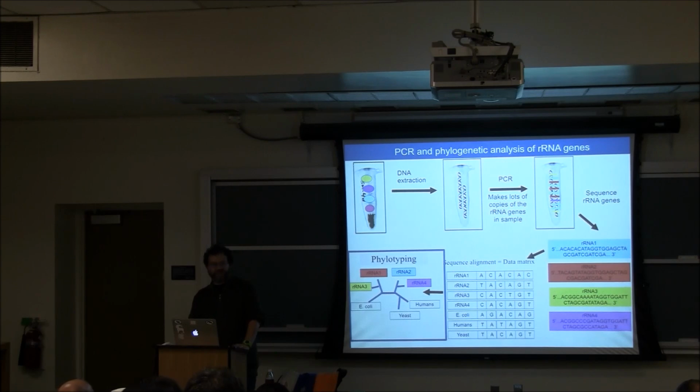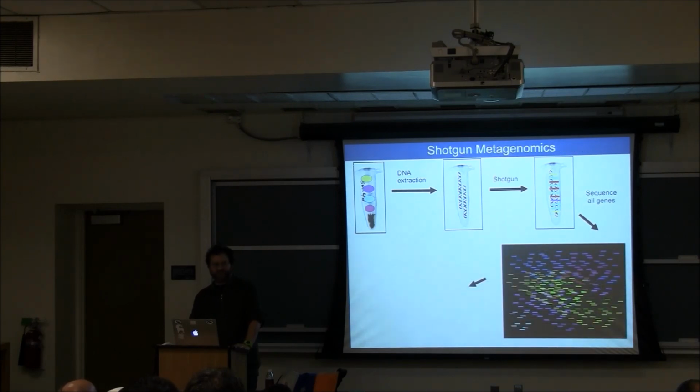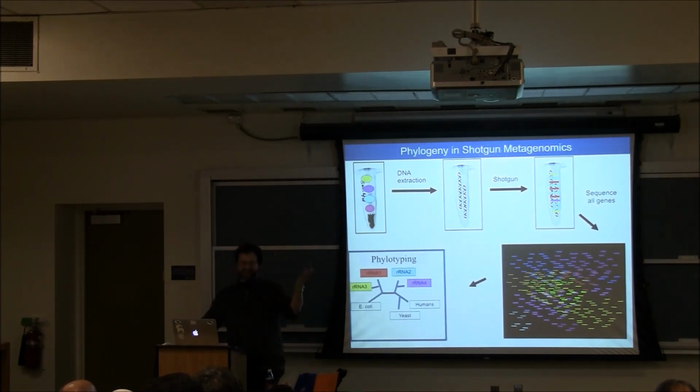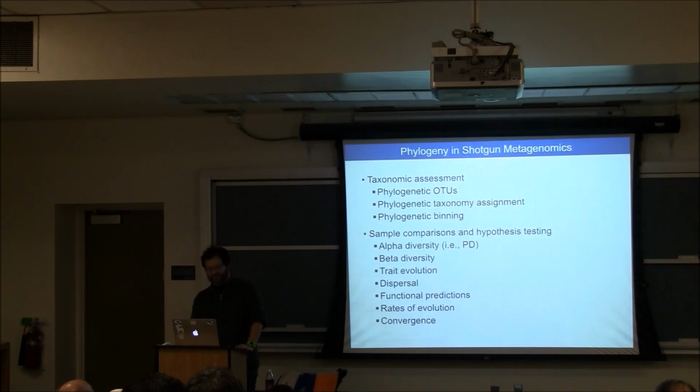You pull out the total DNA from an environmental sample and you sequence it largely with random shotgun sequencing, and you generate short sequence reads from your environmental community, and then you freak out. Because analyzing this data is just horrendous, mostly. Although it can get better, and what we're trying to do in my lab is develop the methods to try and make it work better. And again, shockingly, largely what we've been doing is developing phylogeny-driven methods to analyze this type of environmental genomic data.